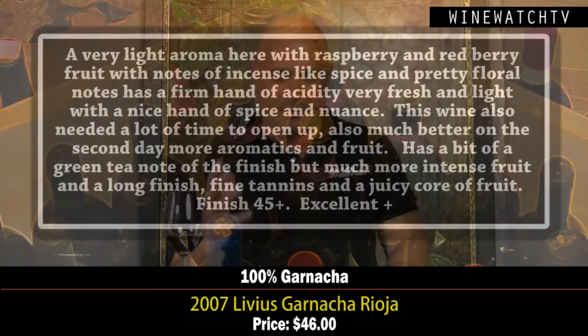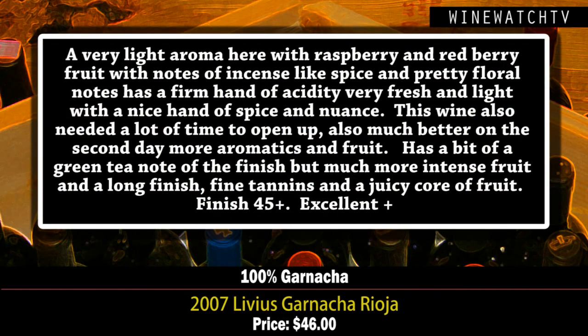The Garnacha, 100%. You don't see this very often in Rioja, and it has half the yields of the other varietals. And they use three types of oak here: Hungarian, French, and American. This one's really light on the first day, like raspberry, light red berry fruit, kind of incense spice, and pretty floral notes, but a firm hand of acidity here, very fresh at the end. This wine needed a ton of time to open up. I really didn't care for it that much on the first day, but on the second day, wow,